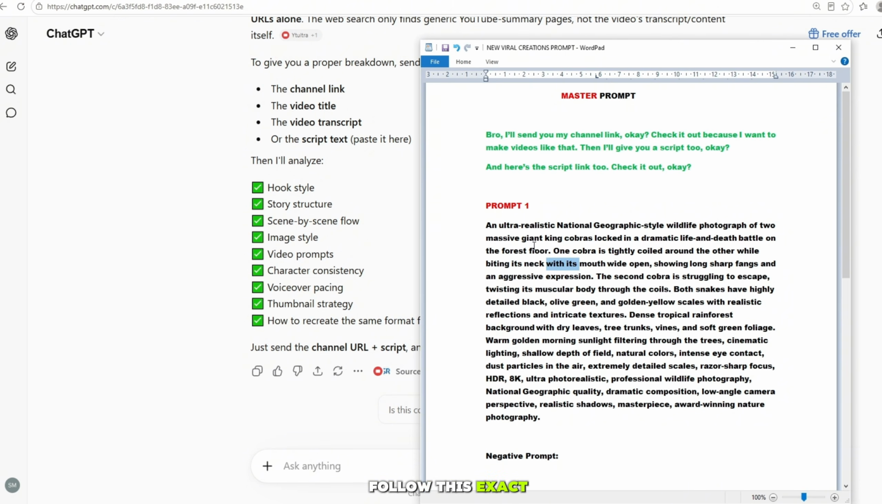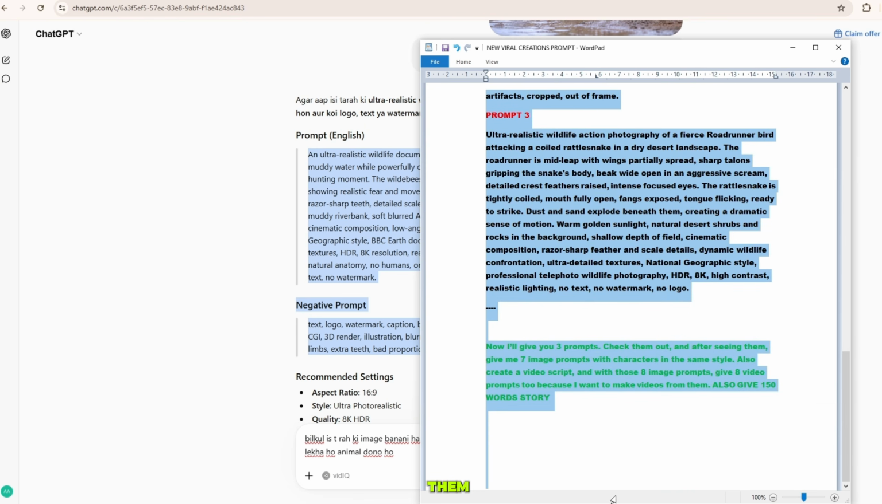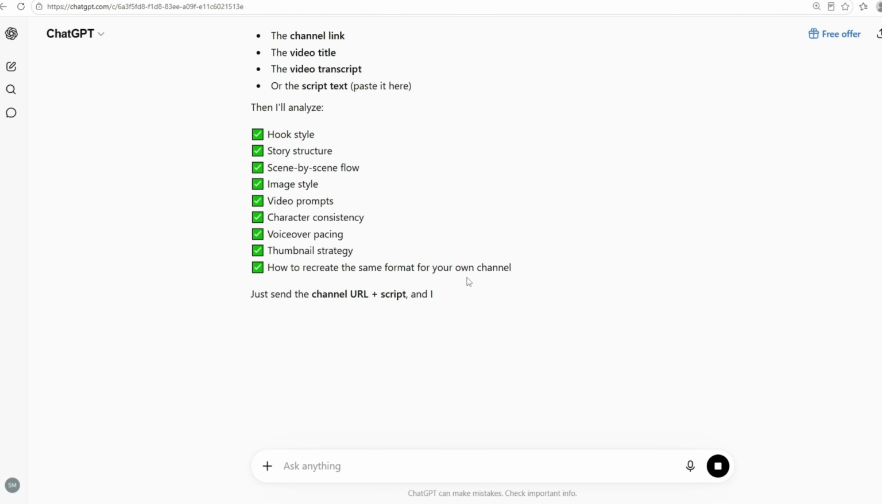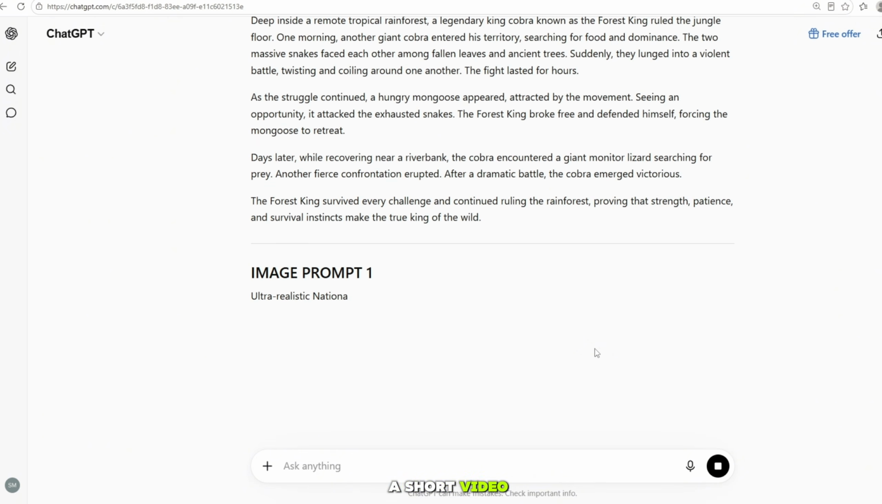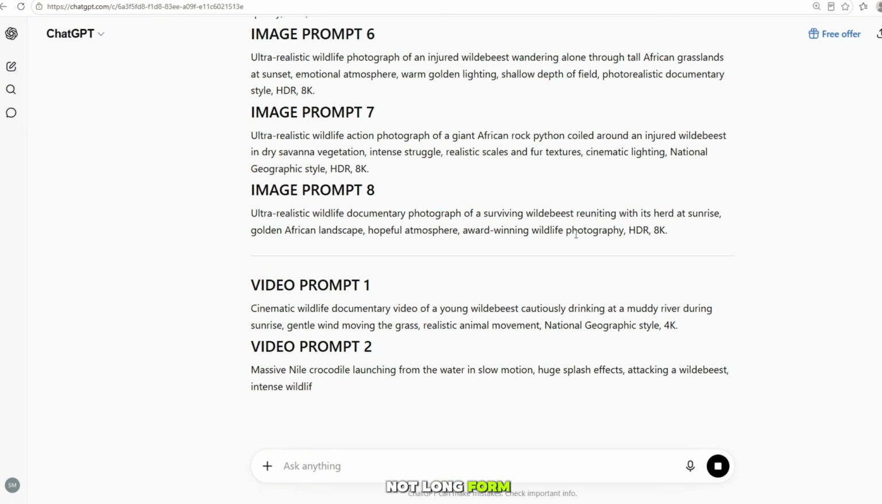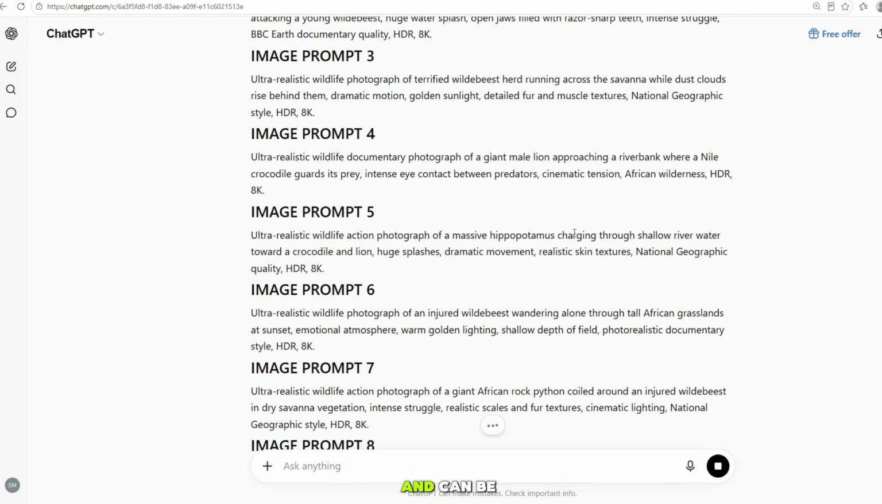Make sure you follow this exact method. After that, copy prompt 1, the red one, prompt 2, the second red one, and the green prompt below them. Copy all three together and paste them into ChatGPT. Once you do that, ChatGPT will automatically generate a short video story for you. I'm focusing on shorts first, not long-form videos, because shorts usually grow faster, get monetized quicker, and can be created